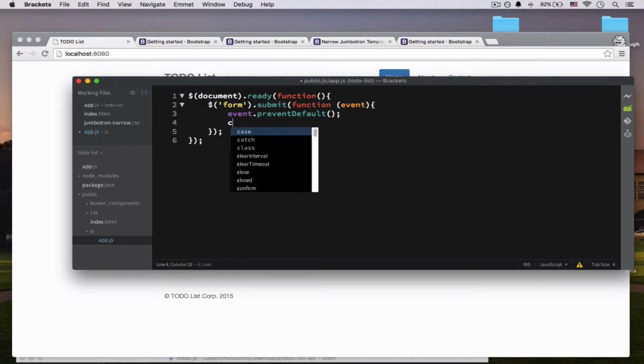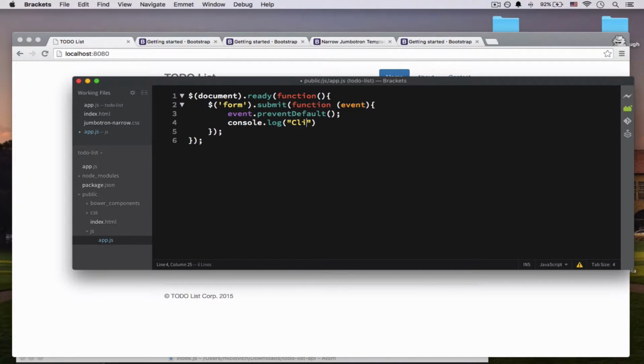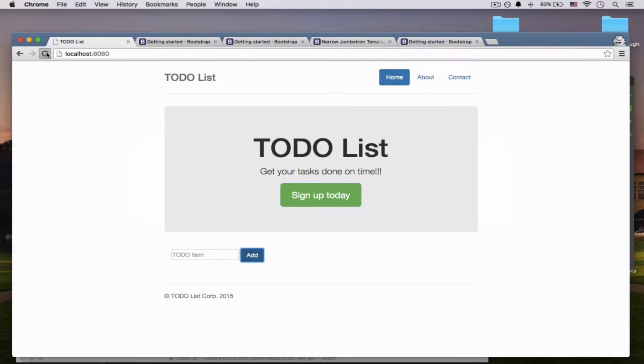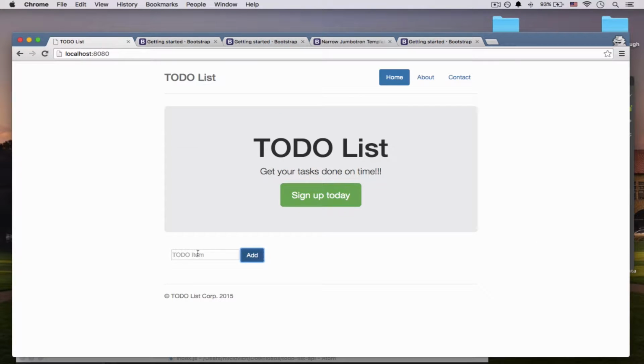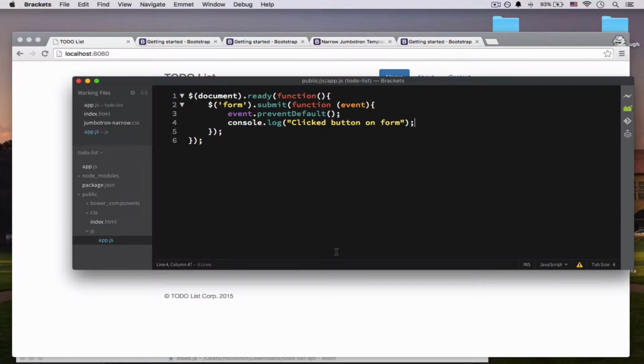Although we could log it and see that it's actually working. You can say "clicked button on form," and when we save and refresh and open up our console and click, the message will be logged. But we need to be able to get data here, the item that we shall later send. So we'll store that item in toDoItem,